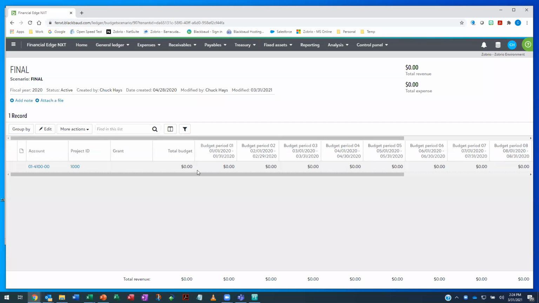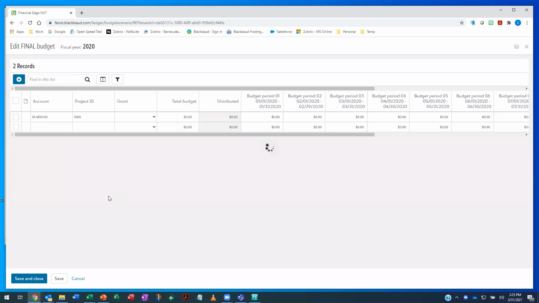Now, the immediate difference, which I just think is absolutely fantastic, is that I can see account, project, and grant all in one row. That was a huge improvement over what I just showed you in terms of the multi-dimensional view. And you can't even import grants. You have to import projects first, then the accounts, and then you have to manually add the grants. It's messy. But now with FE NXT, that has all changed. So when I'm doing the edit option, I just preloaded this, but when I go ahead and edit a particular scenario,